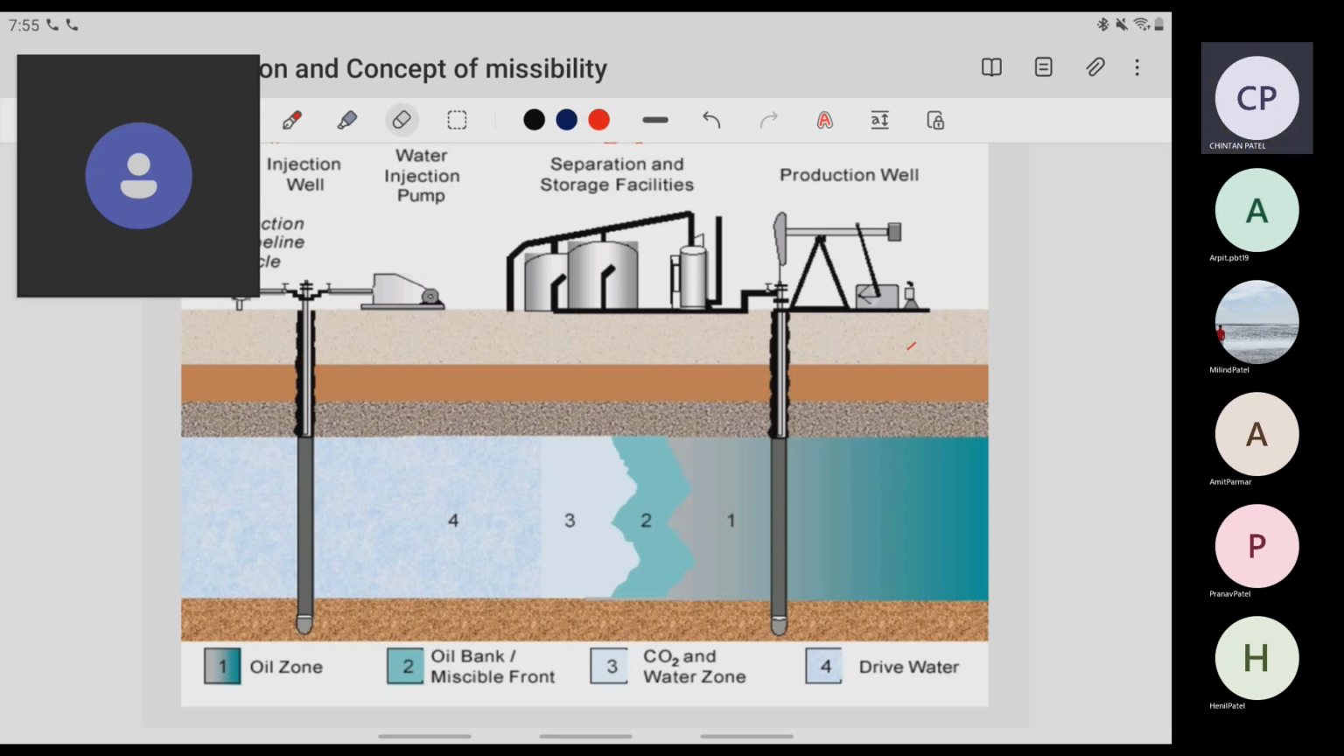पहले ऑयल था, उसके बाद हमने क्या किया, मिसिबल फ्रंट को इंजेक्ट करेंगे। ओके, और यहाँ पे पहले ऑयल था, उसके बाद वो ऑयल यहाँ पे आ गया है क्योंकि उसने उसको धक्का मार के वहां तक ले गया है, प्रोड्यूस किया है। ऑयल के बाद है ऑयल बैंक, यू कैन सी हियर ऑयल बैंक और मिसिबल फ्रंट।